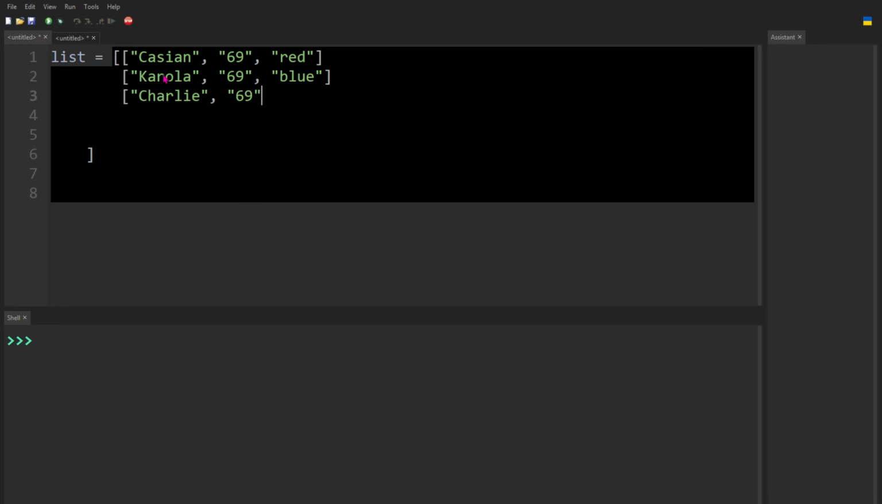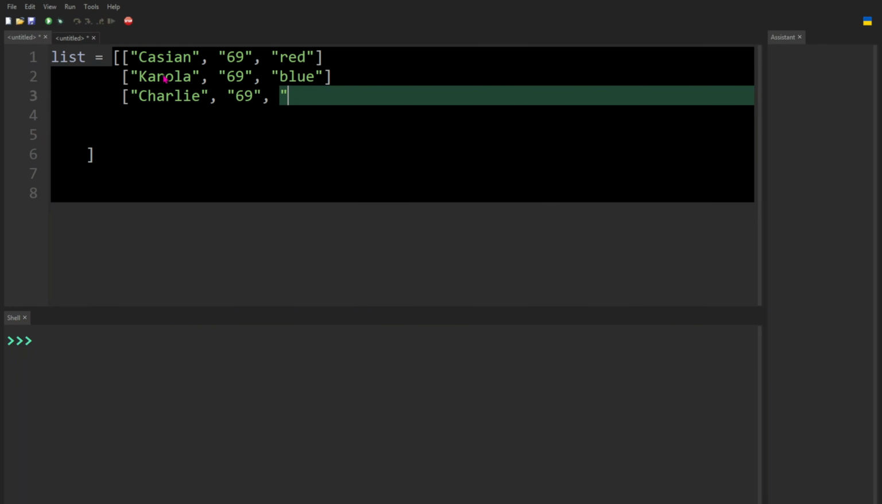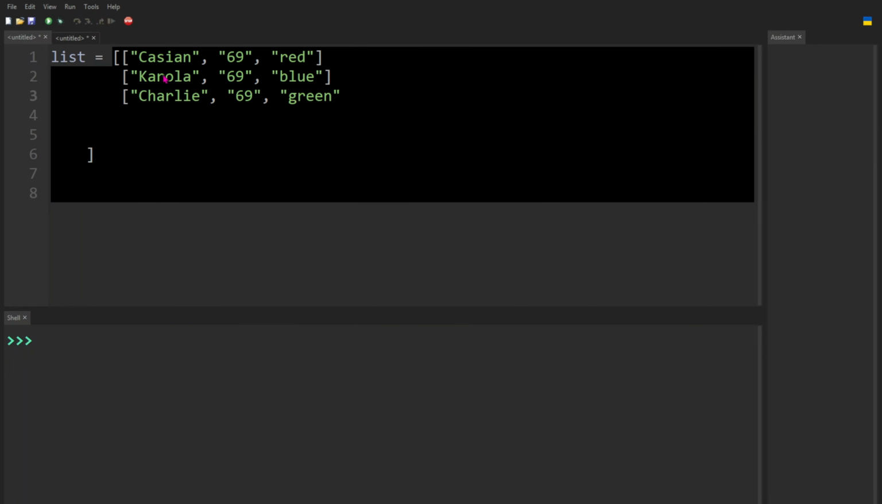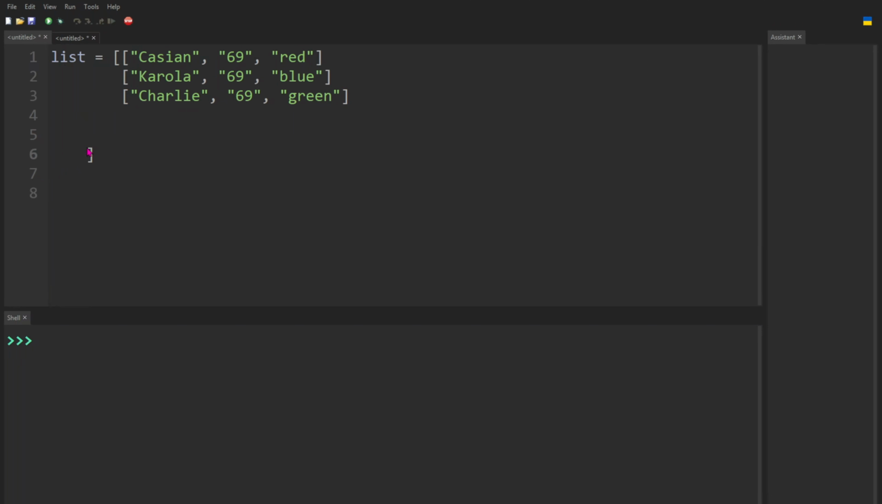Let's go for 69 as well, and he's got a green hat. We'll do it lowercase. And we can also go like this, blah blah blah, and we can just put this. Actually, we'll put this on here just for reasons I do not know. But basically, what this shows is, say for